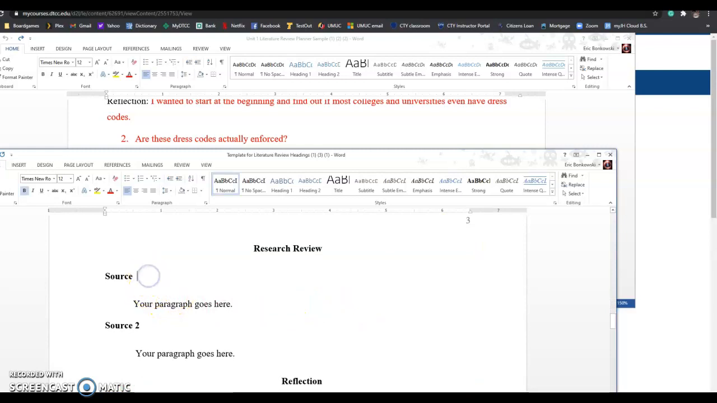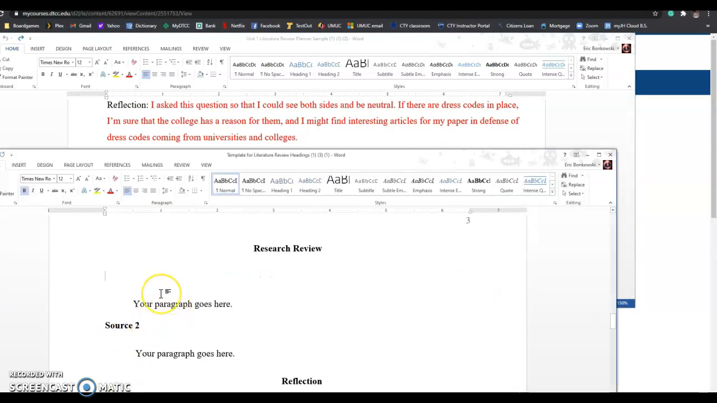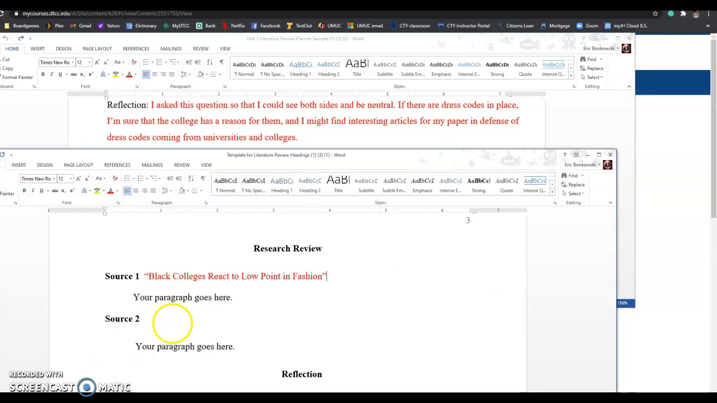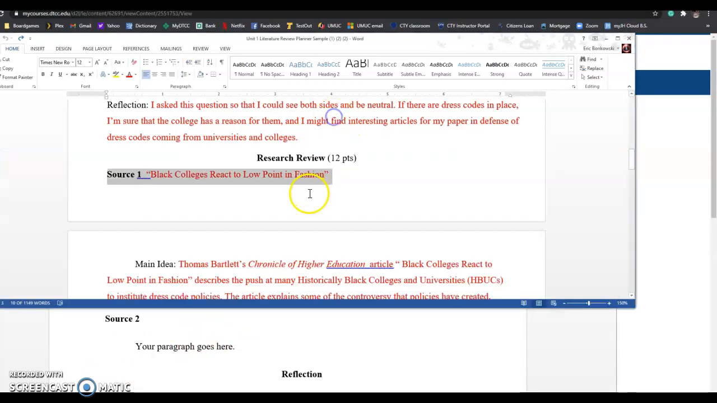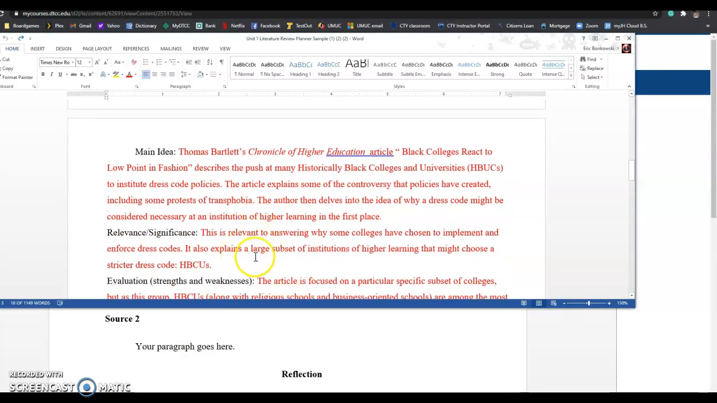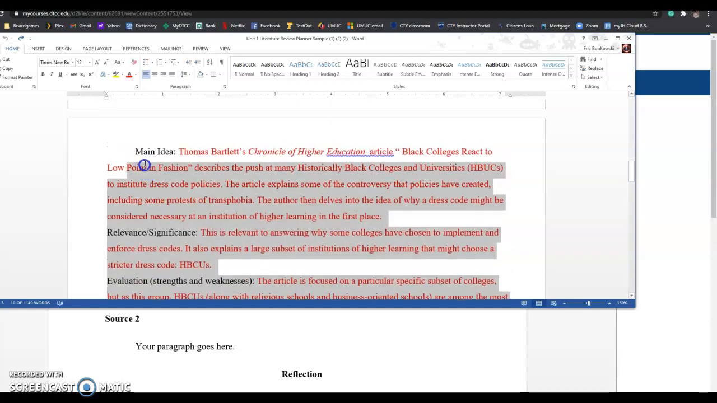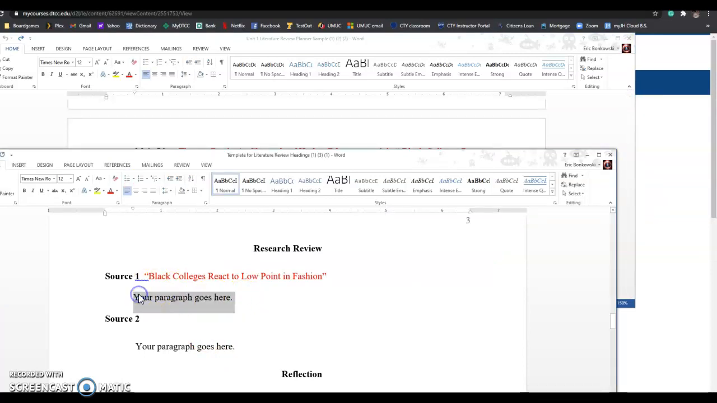Research review. I'm going to write the name of my source, or I'm just going to leave it saying source 1. I don't really care, honestly. So maybe I'm going to change it to this one. Just like that. And then it says your paragraph goes here. I'm going to make that paragraph by pulling the main idea, the relevance and significance, and the evaluation. In fact, in this case, I'm just going to do Control C, Control V,